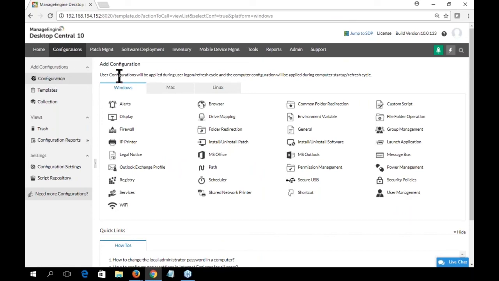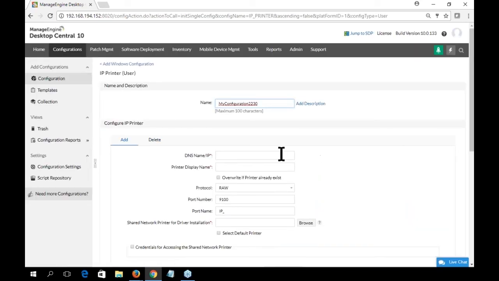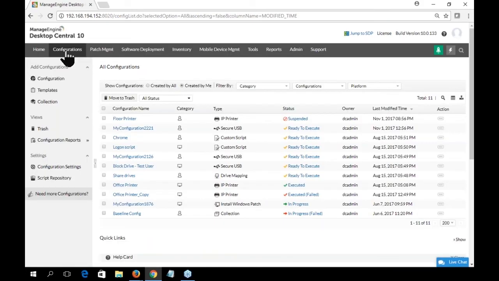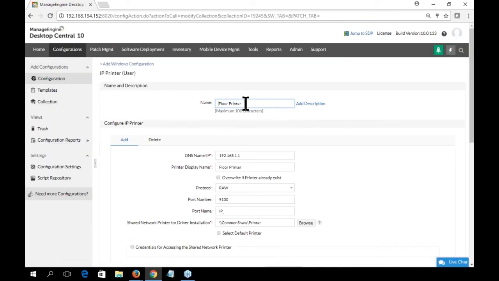Fine. So just coming back to our original case, my requirement is to install a printer for one of my users who joins the company. So I'm just going to use this IP printer for the user. I can go ahead and make use of it. Since I've already created a configuration, I just want to make use of it to save our time. I'm just going over here, looking at the modification. So it's a floor printer, for a new user